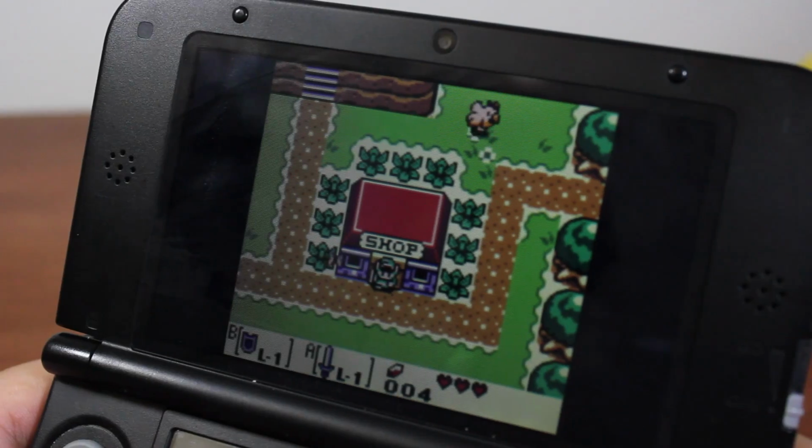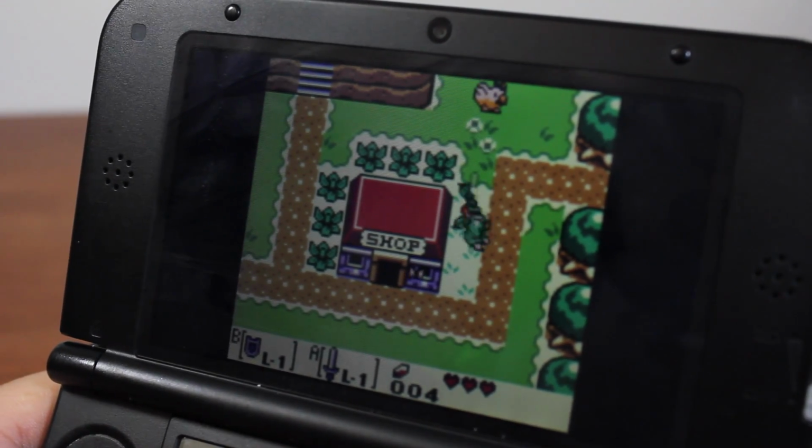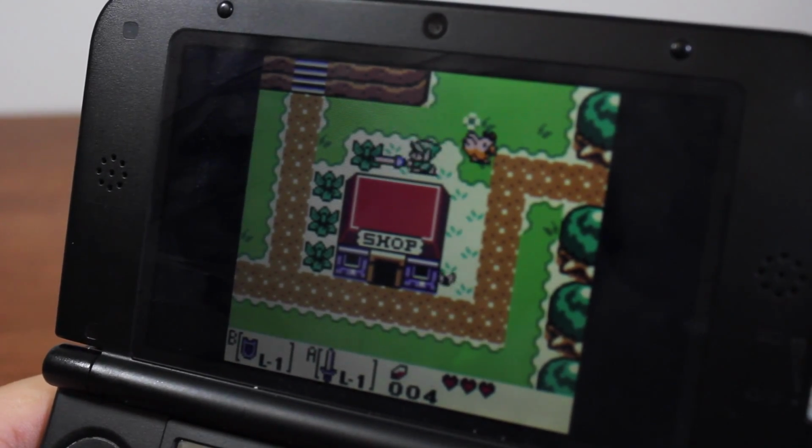But even then, nothing beats the awesome feeling of just popping a game cartridge into a Game Boy and playing it, even if you're trying to fight for a light source so you can actually see what's going on